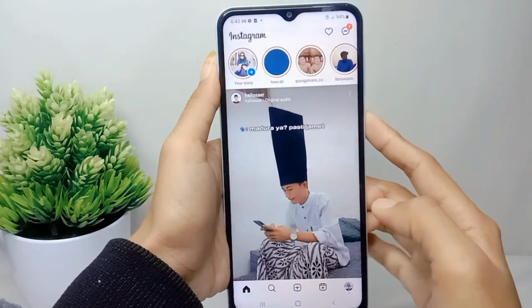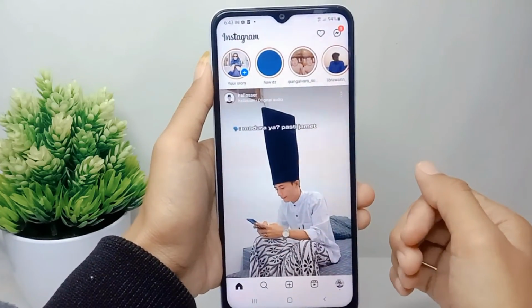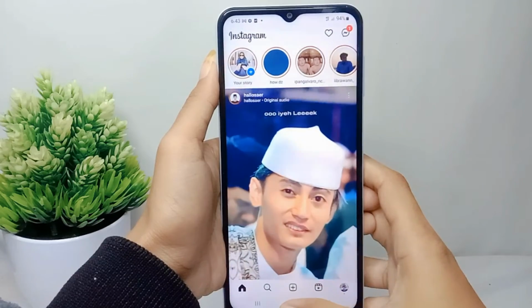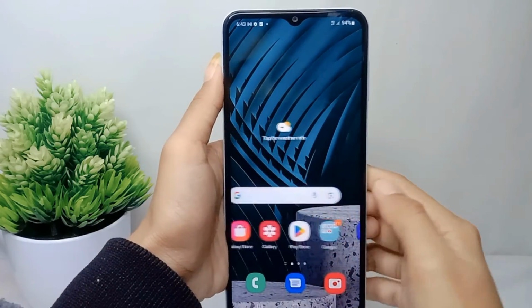Okay, and then your Amazon wishlist is already shared to your Instagram story. Well, that's the tutorial on how to share your Amazon wishlist on